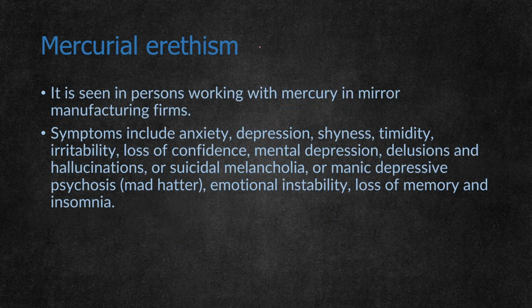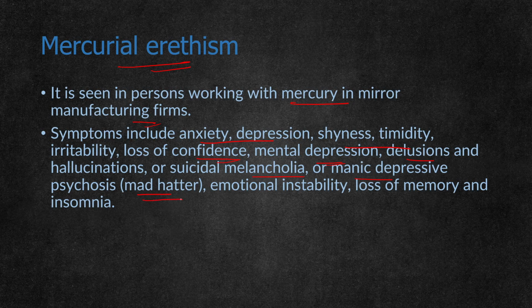Next, mercury erethism. This is also one form of chronic mercury poisoning. It is seen in persons working in mercury and mineral manufacturing firms. Symptoms include anxiety, depression, shyness, timidity, irritability, loss of confidence, mental depression, delusions, hallucinations, suicidal melancholia, and manic depressive psychosis, which